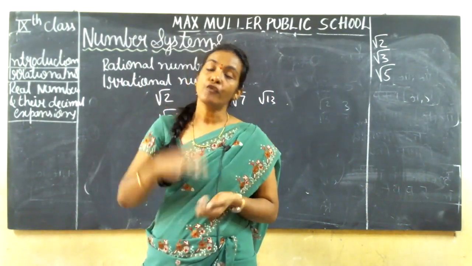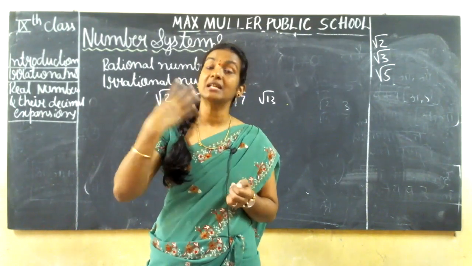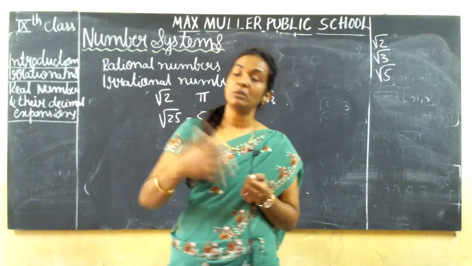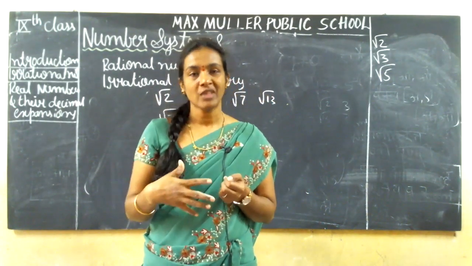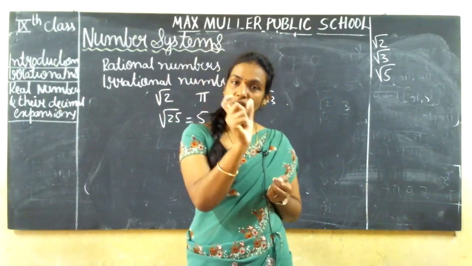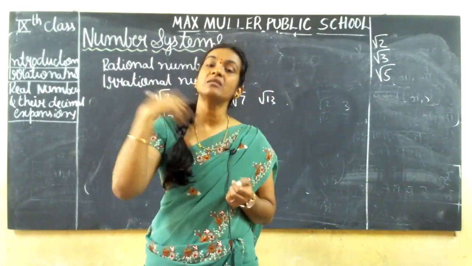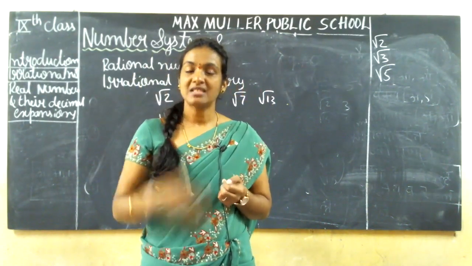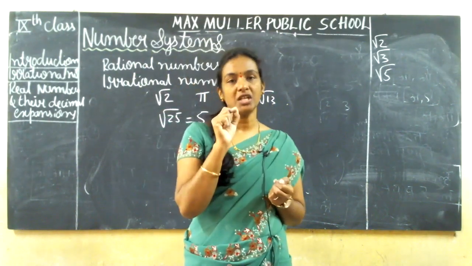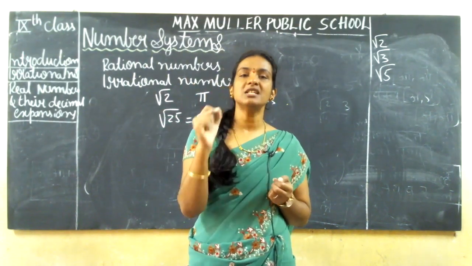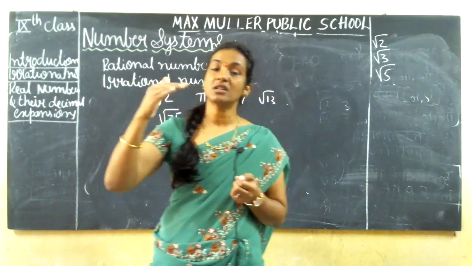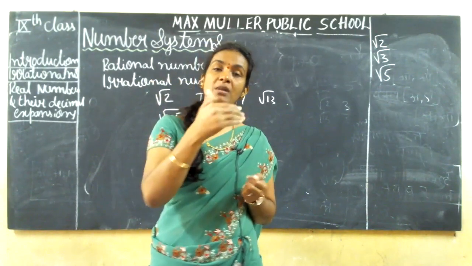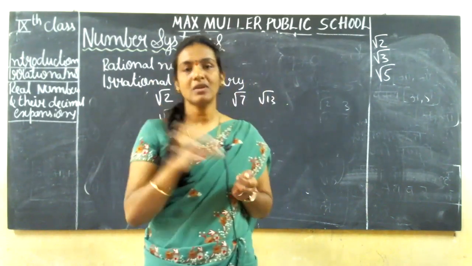Okay, four kinds of examples you might get in rational numbers to identify them. One will be if it is under root, one will be that they directly give you integers. Okay, one will be that they give you only a natural number. You can write 1 in the denominator place, and you can write it in the form of P by Q. The same way integers also. Integer means what here? On the number line, integer means the numbers which contain natural numbers, whole numbers, and negative values. So on you can say them as integers.